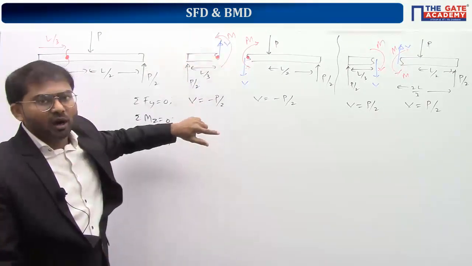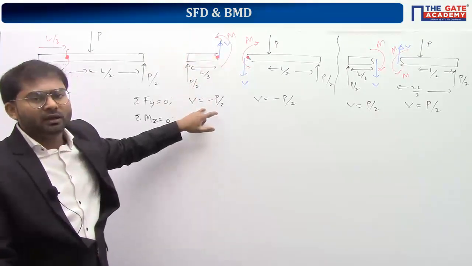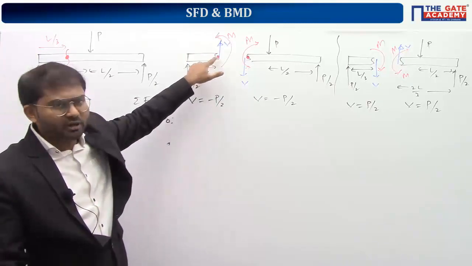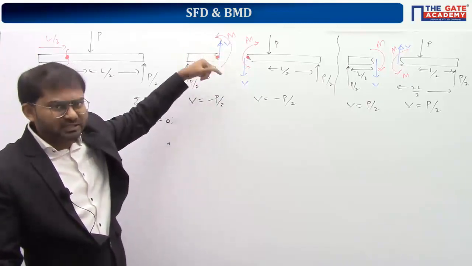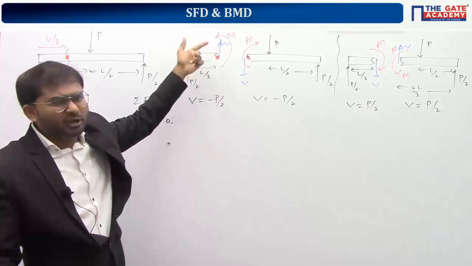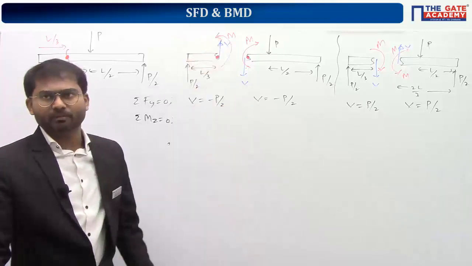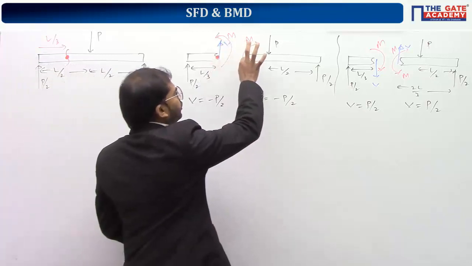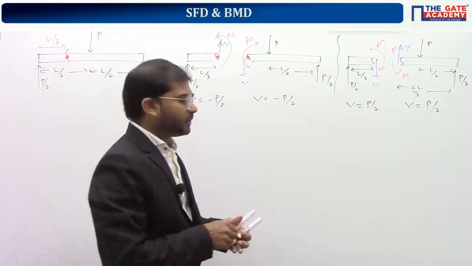Again, you should do the extra step of substituting the value of v, which came from this calculation here. Instead, if you take moments about this point, because v is unknown at this stage, v will drop out and you will directly get the value of m. So as far as evaluating the bending moment, kindly take moments about this point only to reduce your calculation time. That's my suggestion.